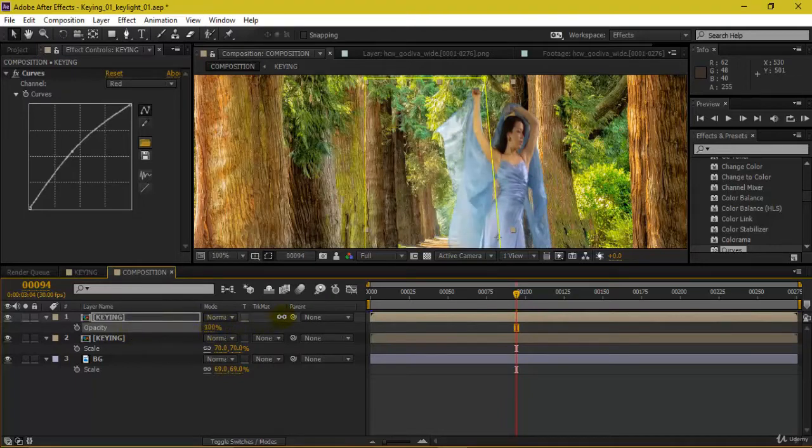So how much brighter I want this, because I've already done the brightening settings from my curves effect over here, and it actually gives me the control of how much brightness or how much lightness I can control from this. So if you can see, I'm just toggling down my values of the keying layer over here, which is the next layer. So this you can finalize once you are done with the composition at the offset and the position of your character on the final comp.